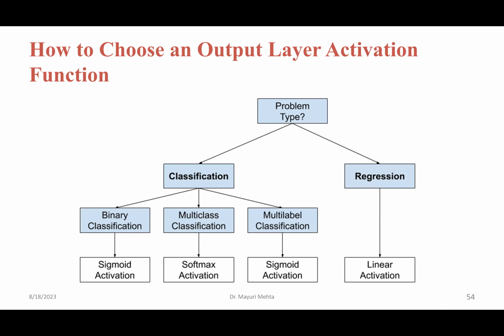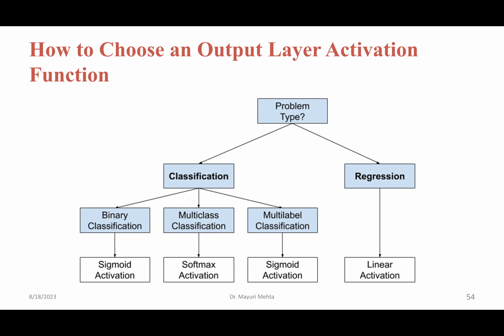So if it is a classification problem, then you have to check whether it is a binary classification problem, multi-class classification problem, or multi-label classification problem. If it is binary classification, you can use the sigmoid activation function. If it is multi-class classification, the softmax activation function is used. If it is multi-label classification, then the sigmoid activation function is used. But if the problem is a regression problem, because